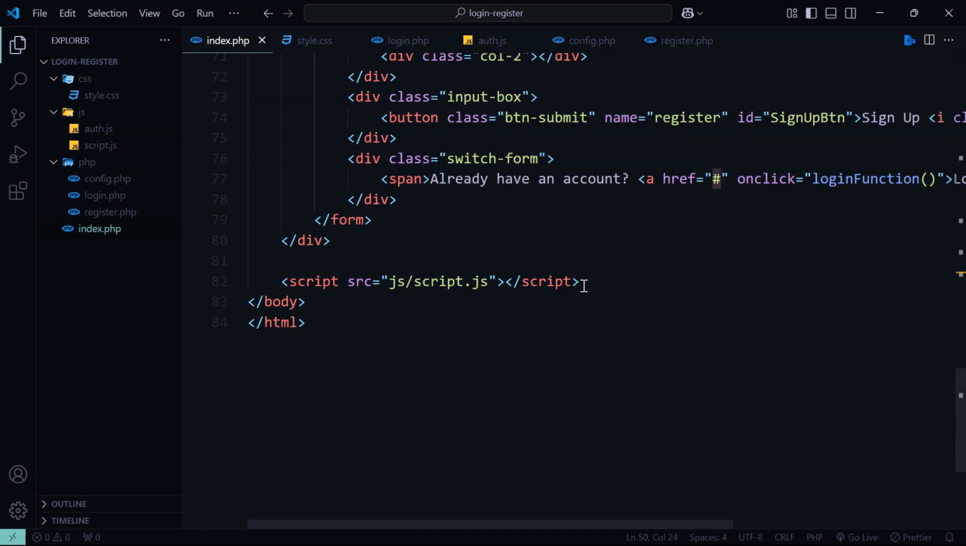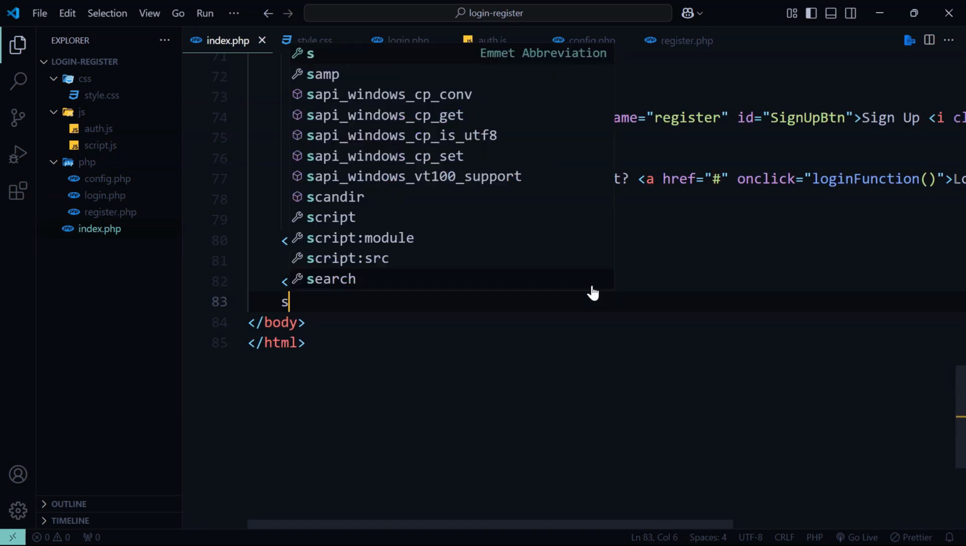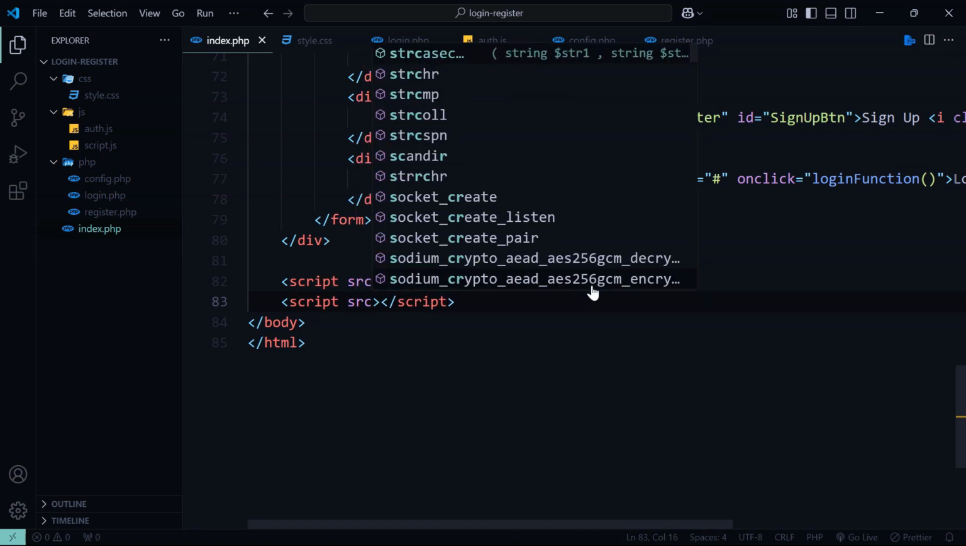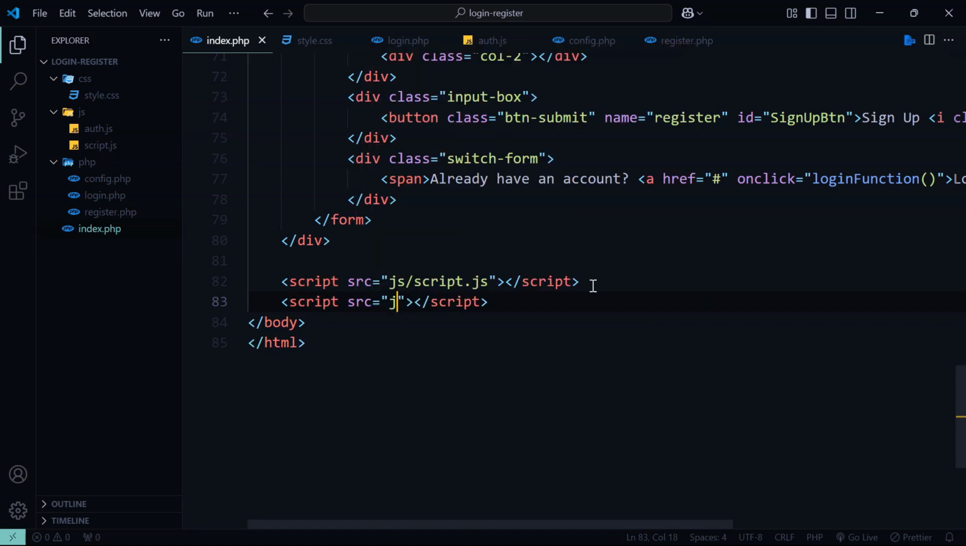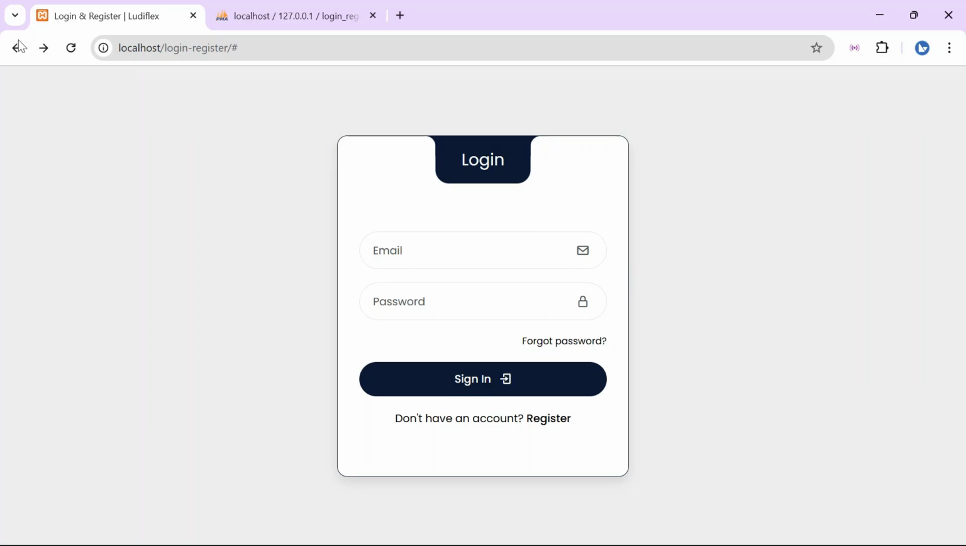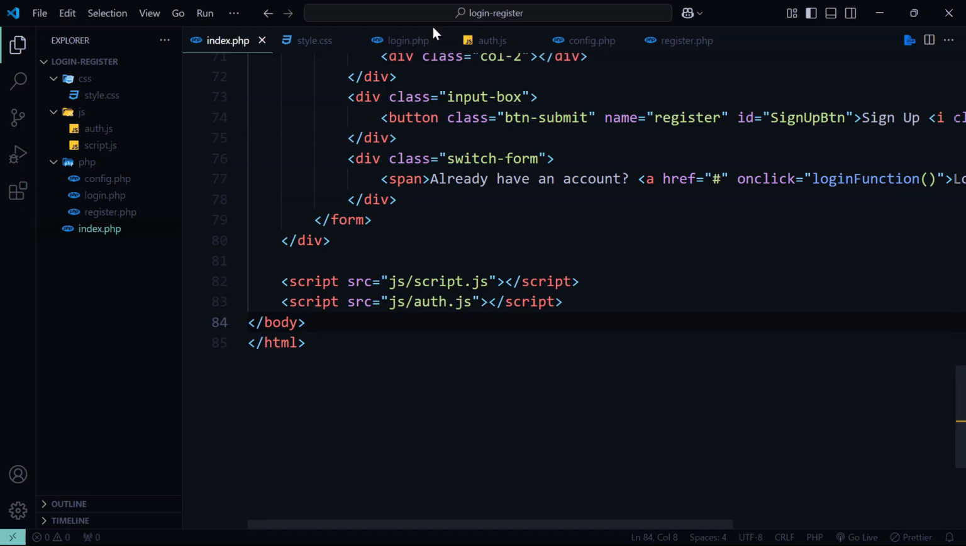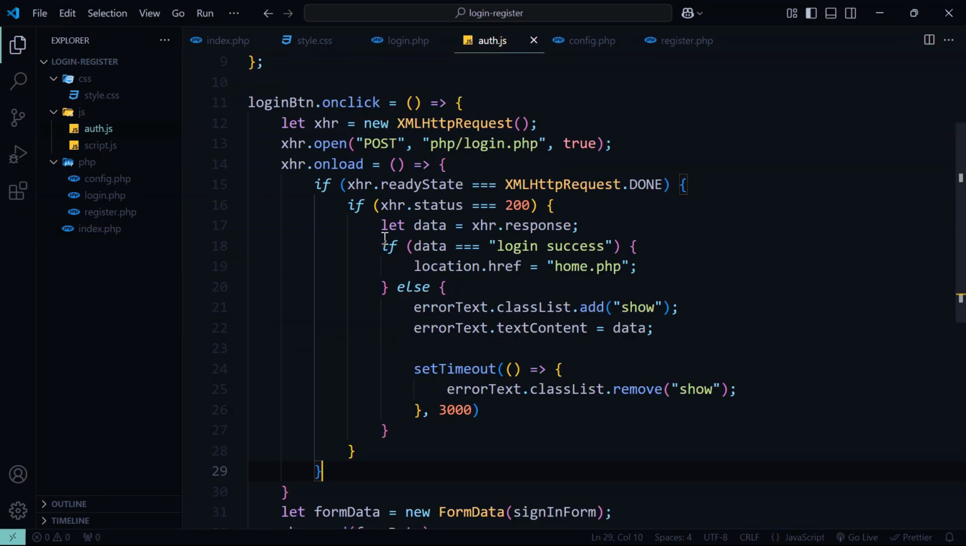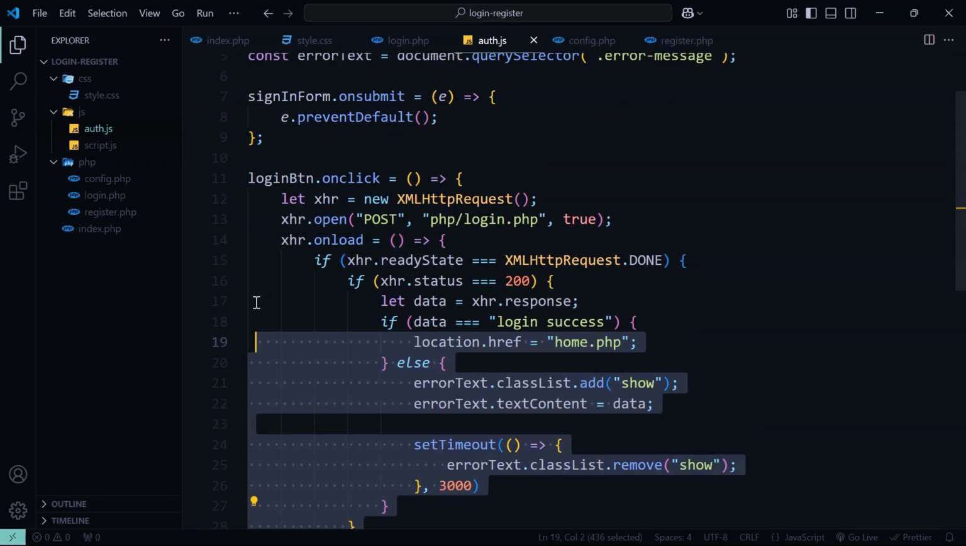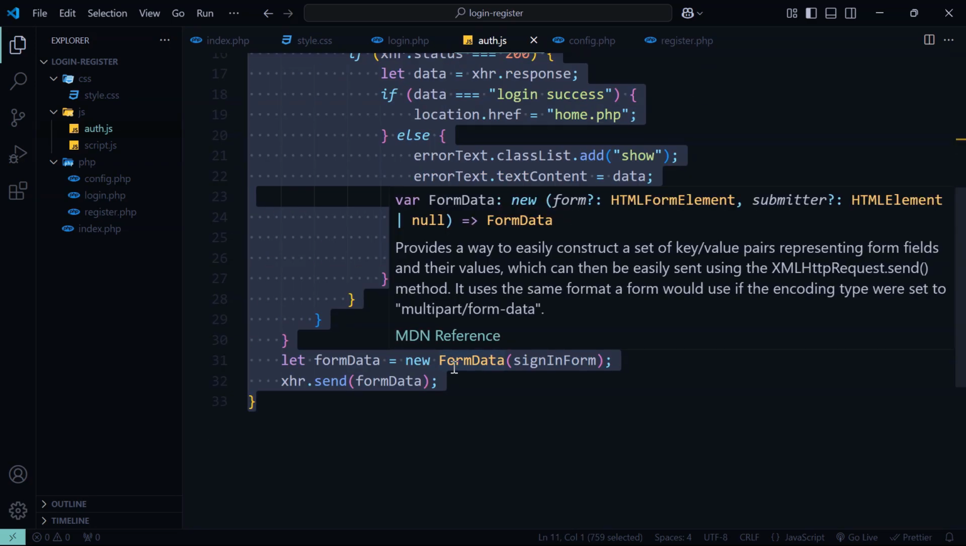So now let's put in our script tag, let's import the auth.js and let's test it out. Now you can see we are getting the error on our form. Everything is working. Now let's go back and we are going to copy here everything, and